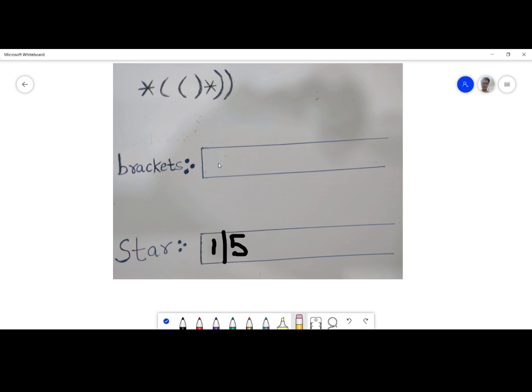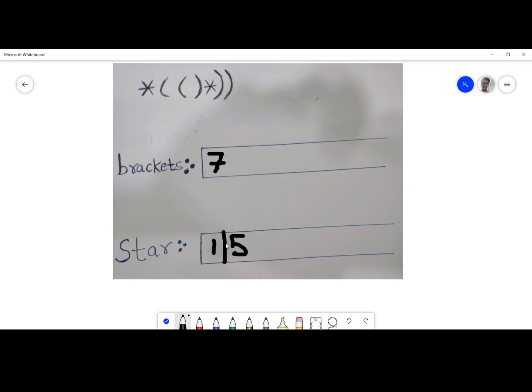Now we have popped the element from the bracket stack, and as we move further, we come across the closing bracket, and since the bracket stack is empty, we would store the position of the closing bracket in the bracket stack. And now, after the iteration of the whole string, we are left with 7 in the bracket stack and 1 and 5 in the star stack. It means that we are left with one unbalanced closing bracket, and also we are left with stars at the first and fifth positions, which can balance the closing bracket.